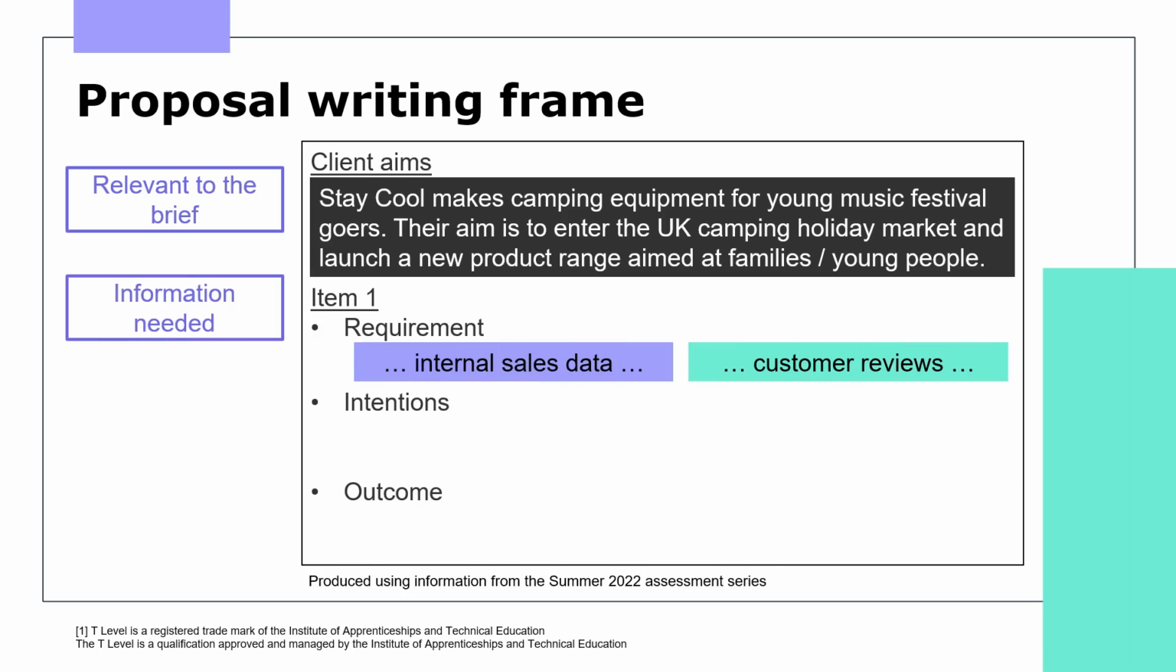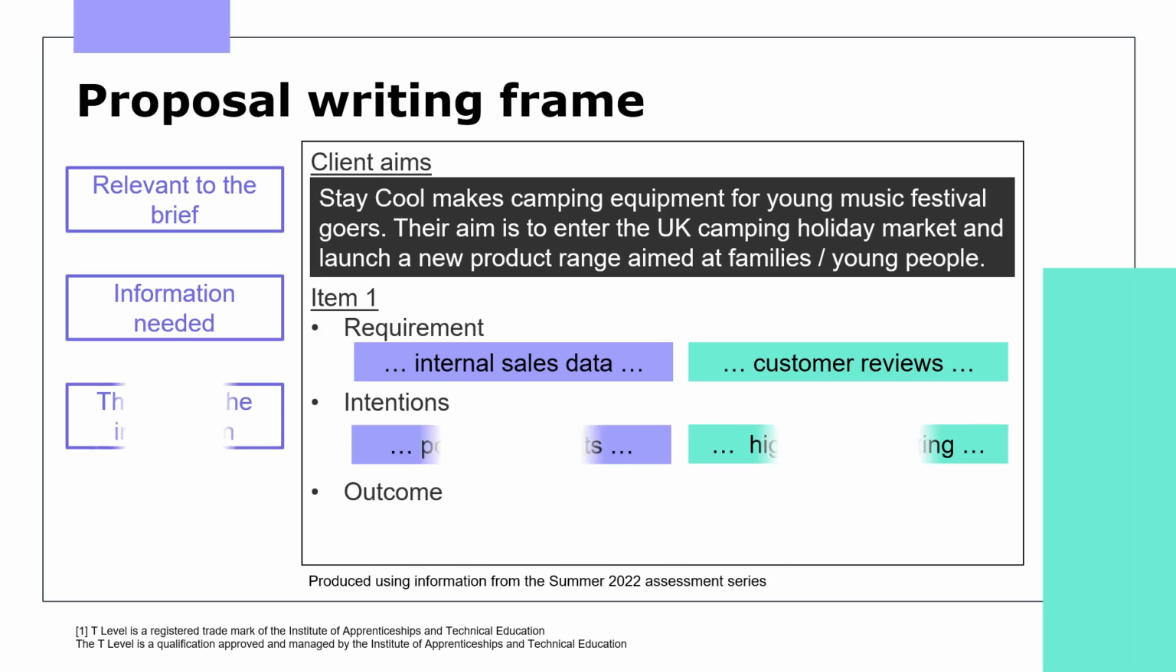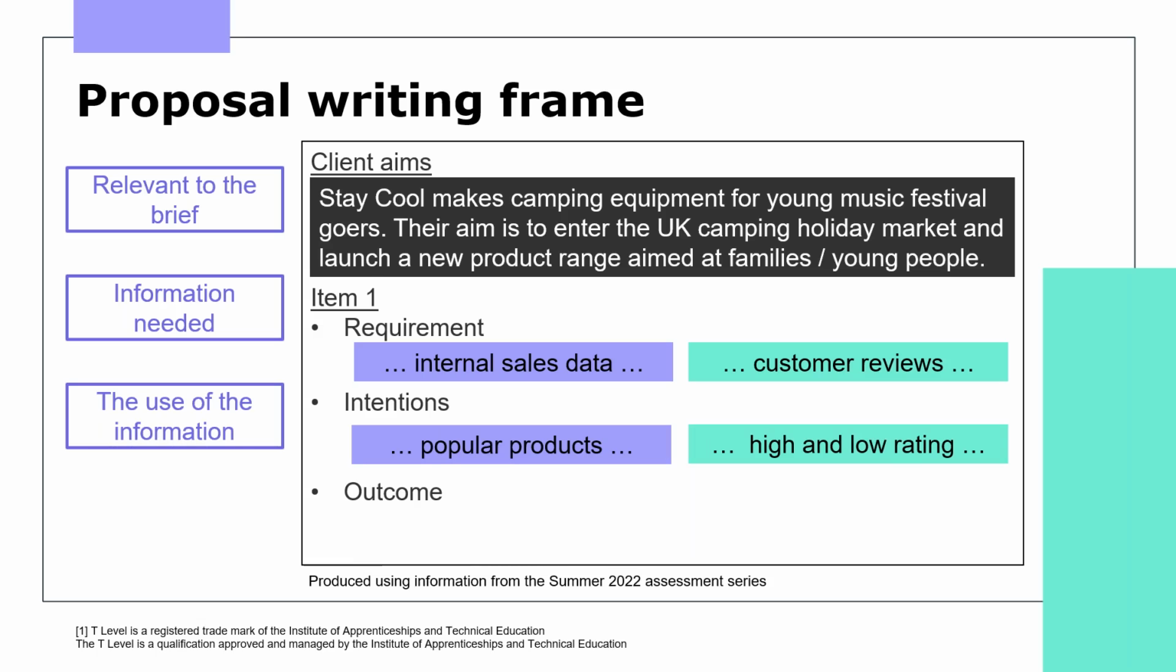with a subtitle for each piece of information they require, and where they might actually source it from, depending on the brief. In this case, the client wants to launch a new product range, so perhaps internal sales data or customer reviews of their current products might be useful, followed by their intentions for that information. What are they planning to do or look for? So in this example, I might be looking at maybe their top selling products, or at the sales price or manufacturing costs, and qualitative data too, in the form of customer reviews,